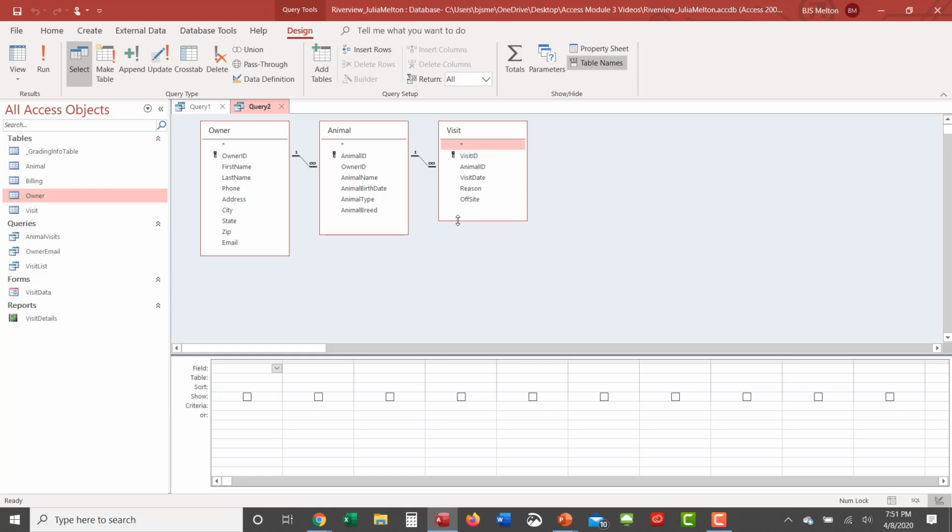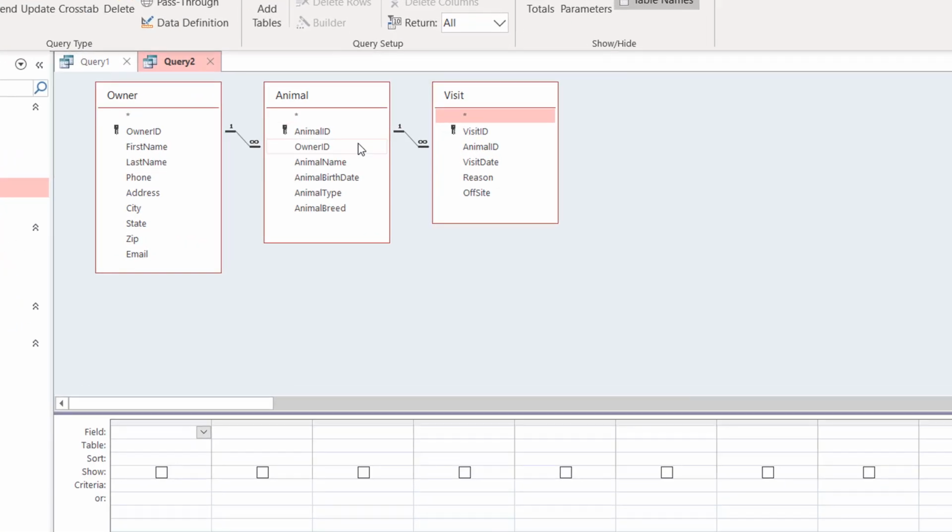Now we're going to add the different fields that we want to the query. Now remember, we don't have to put them in any order. So we're going to start off with the animal table, and we're going to use animal name, double click, animal birth date, double click, and animal type, double click. Next, we're going to visit table, and we want visit date